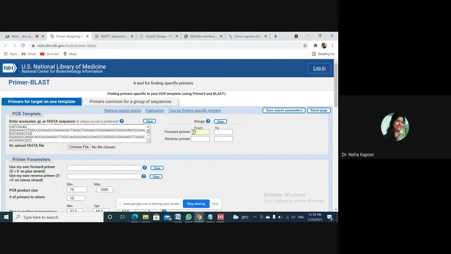Of course, if you want random results, that is, how many primers we are getting and whether the primers being designed are amplifying the complete genome or not, you can select it or you can leave it. If you are selecting this, in that case, both the forward and reverse ranges should be mentioned. Okay, ma'am. But for mentioning these primer ranges, we should know the sequence. So I should not mention it. Yes, you shall not mention it. Okay, ma'am.